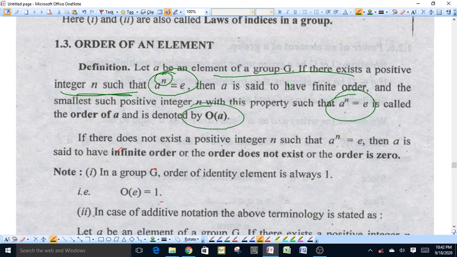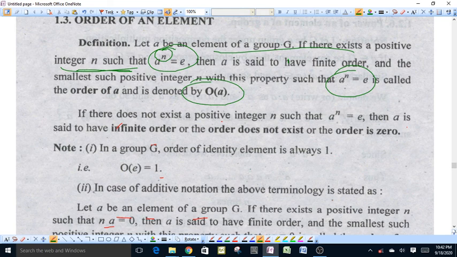If there is no n such that a raised to power n is equal to e, then a is said to have infinite order, or order does not exist,